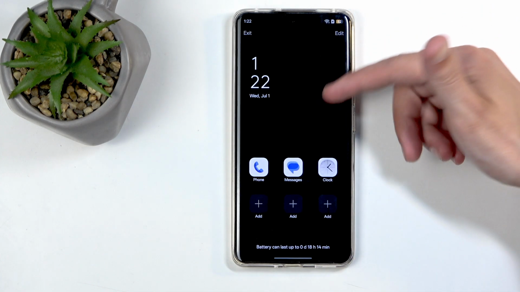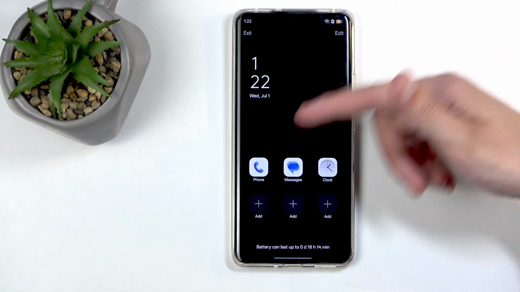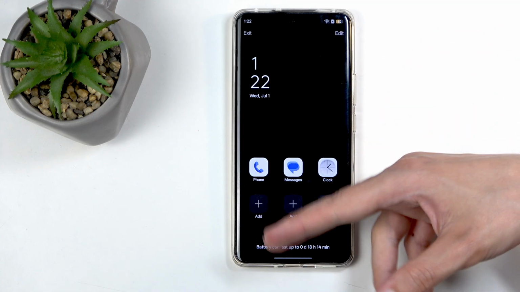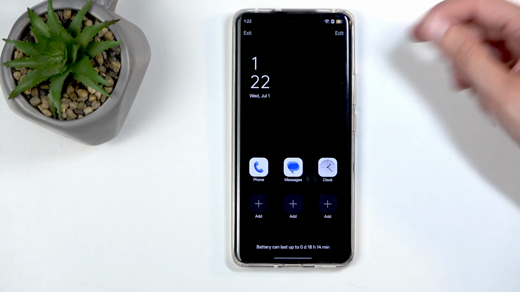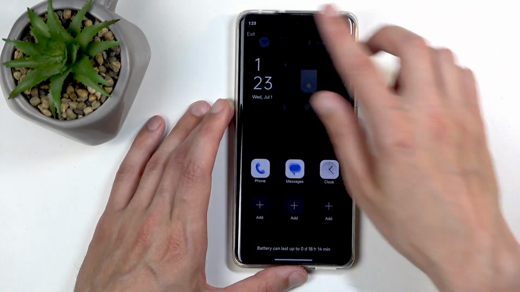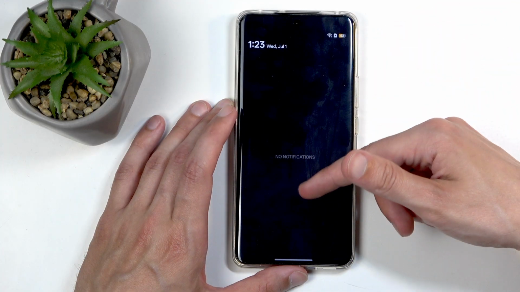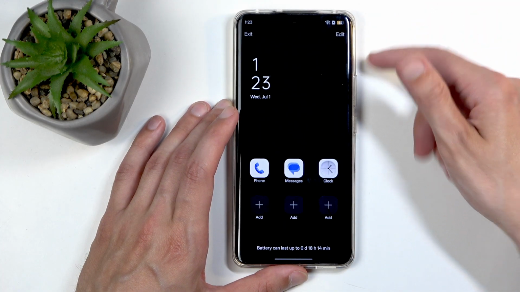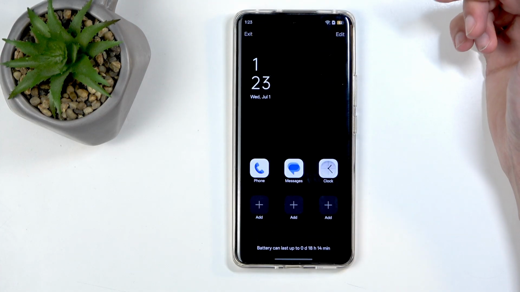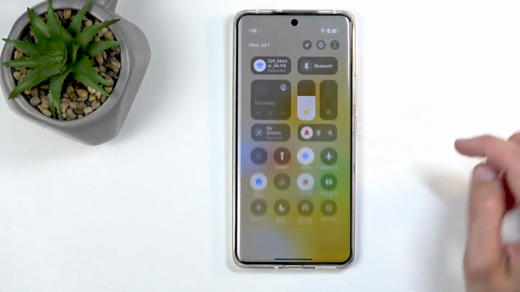Now you can clearly see things like wallpapers are gone. Application-wise, I think we're limited to only 9 applications in total right here. There is no app tray anymore, and there is a very limited amount of toggles, and we do still have notifications. Now anyway, I'm gonna exit this mode by clicking right here and exit, and I'm gonna go back into the